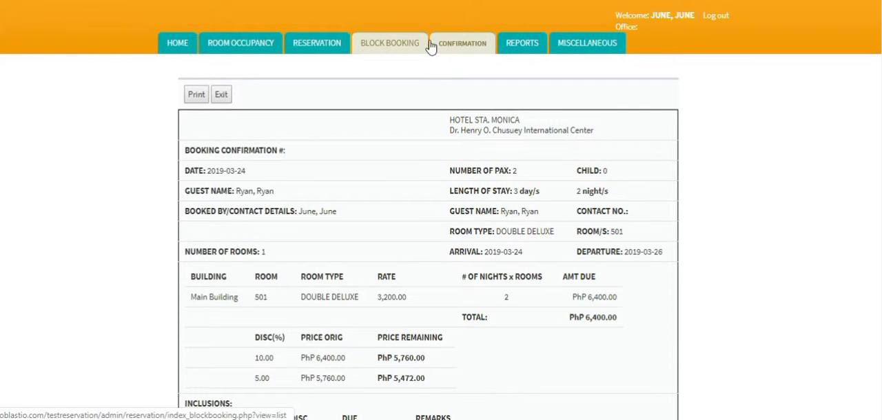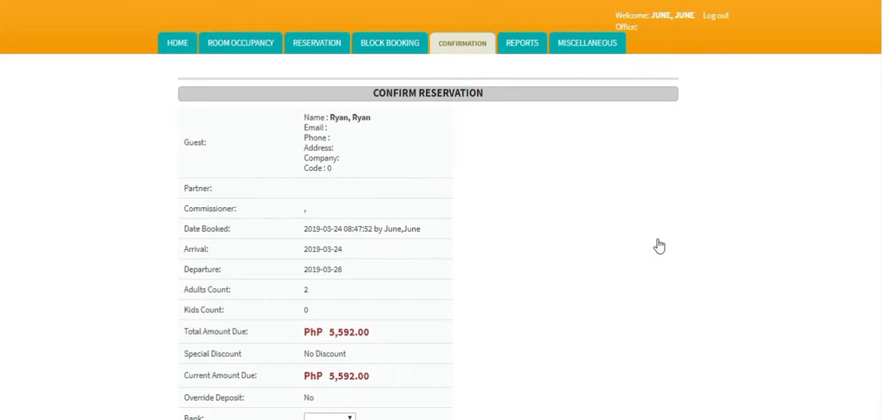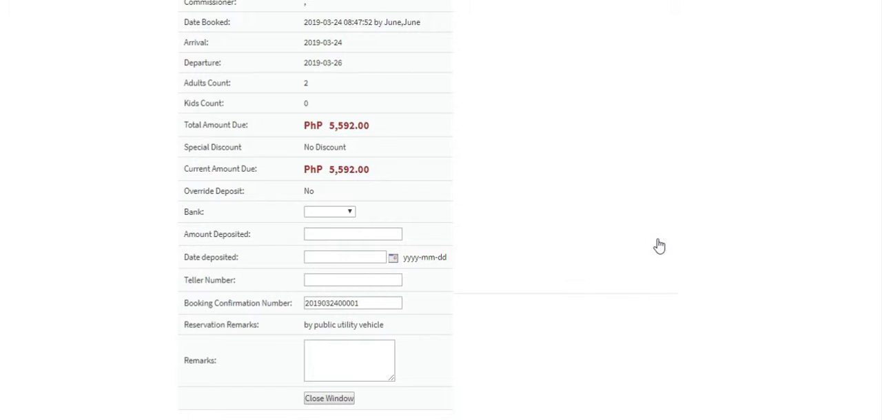Next, we have confirmation. Now, as for confirmation, our guest that booked with us earlier, Ryan, now deposited half of the amount due to our accounts. So we just, upon verification of which, we just click confirm, and then we have all these details, and let's